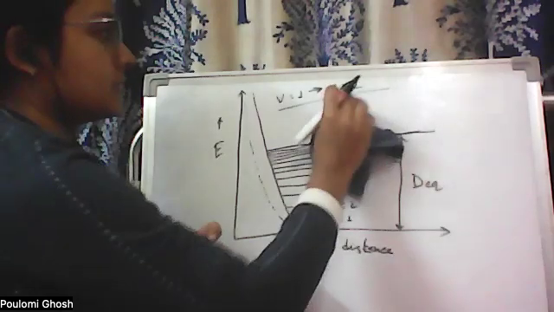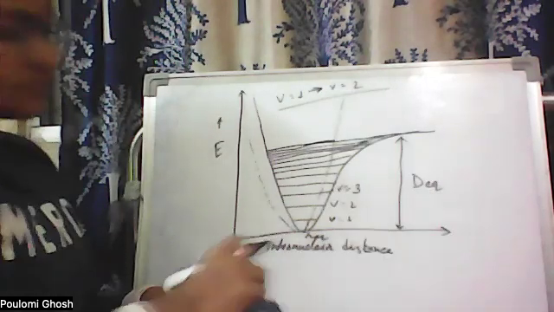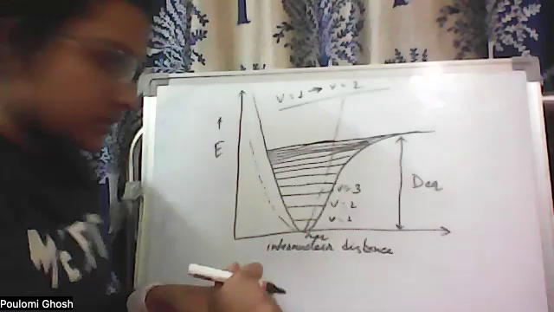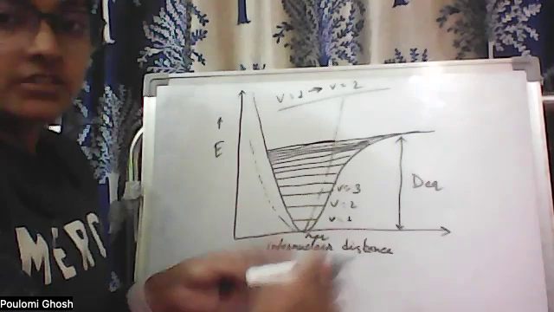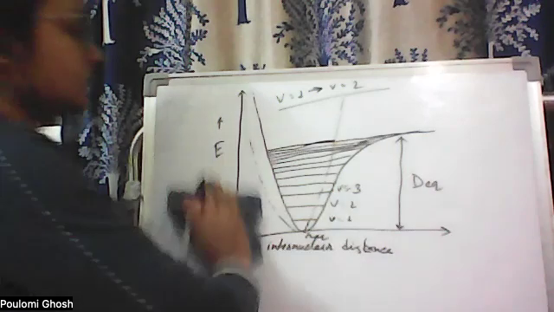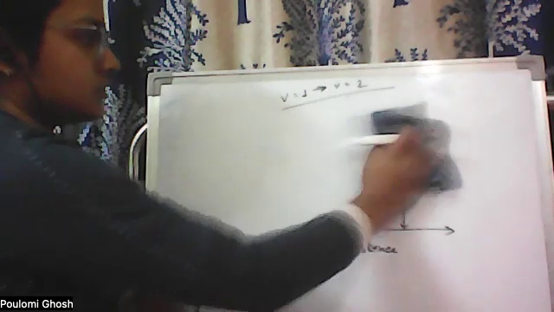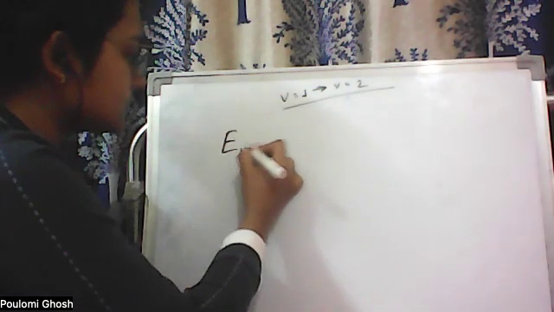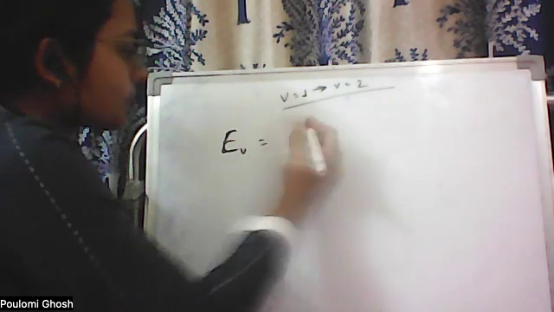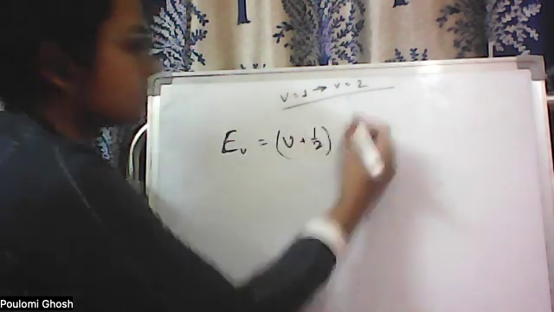What is zero point energy? So zero point energy is the energy with respect to the vibrational level 0. That means the ground state. The vibrational energy is written as E equals half minus